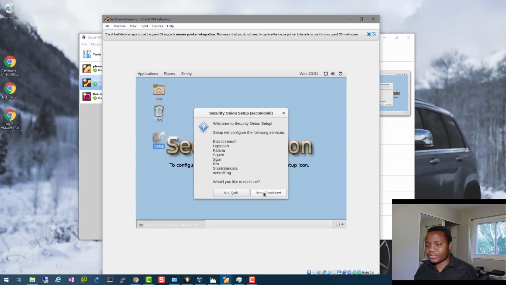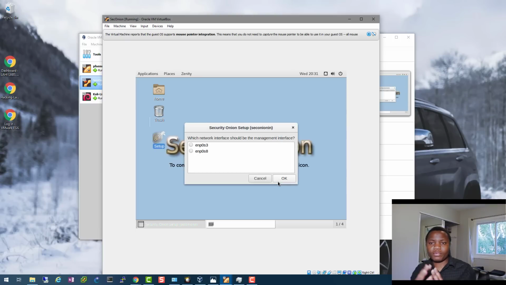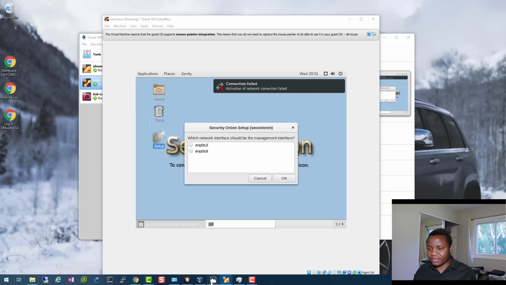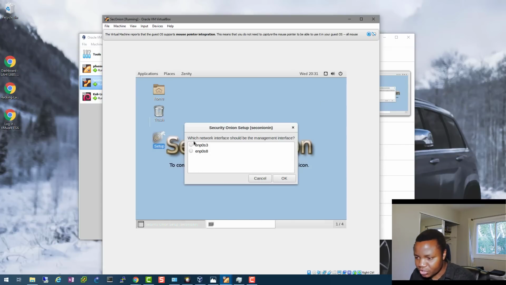It will tell you, oh, you still need to install your Security Onion, so just do a continue. Yes, let's configure networking. So we put two network interfaces earlier in our discussion on our Security Onion. If you look on our diagram, Security Onion has two network interfaces. This one goes all the way to the mirror span. This is a copy of network traffic, so this is our mirror port. Then this is the LAN or management interface. So that's what I'm setting up right now. So as you can see, which network interface should be the management? We want the first one, which is going to be our